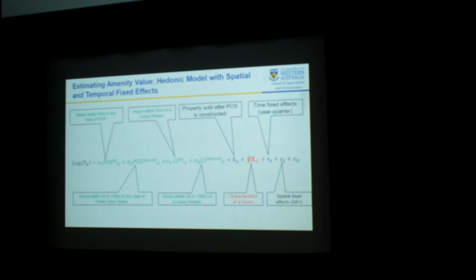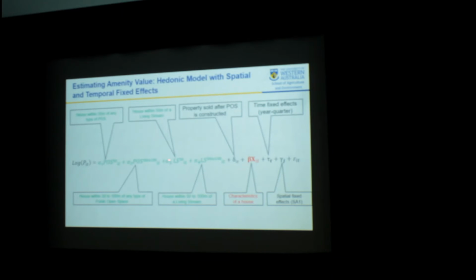So we use log price, which means we assume a multiplicative effect of our impacts. For example, area. Interpretation of the coefficient: if it's within 50 meters of public open space, this coefficient is by how many percent the price of a house increases. This is the log of house price, and these are variables: house within 50 meters of any public open space, house within 50 to 100 meters of any public open space,